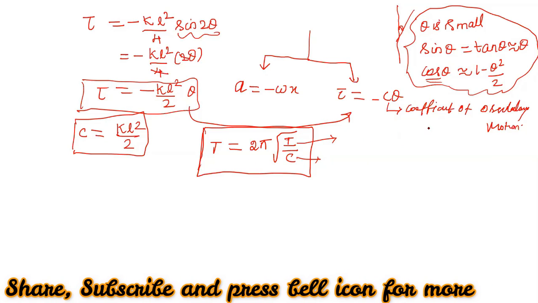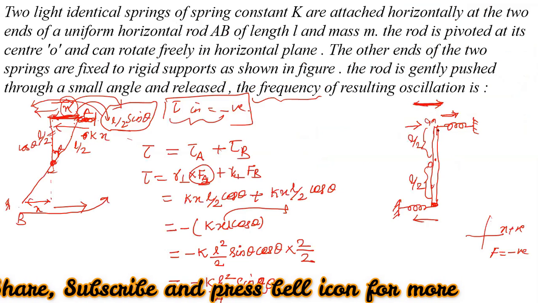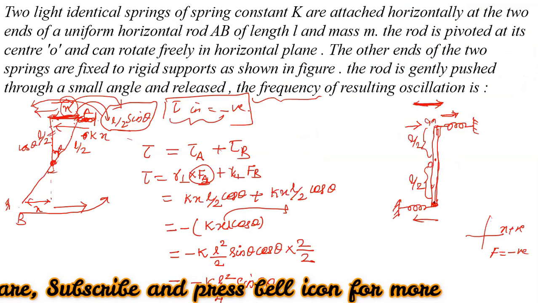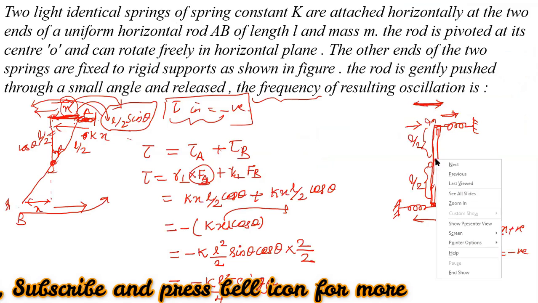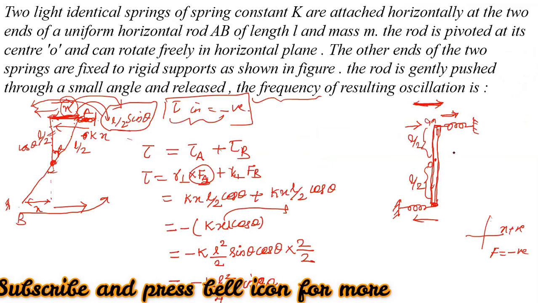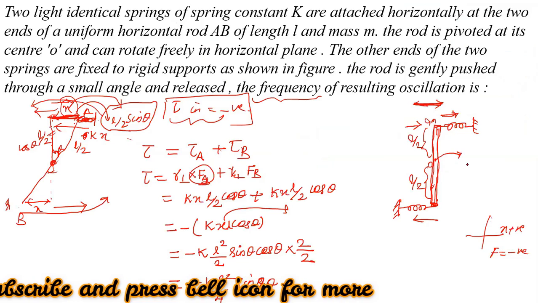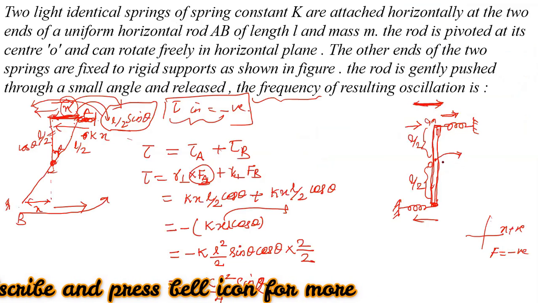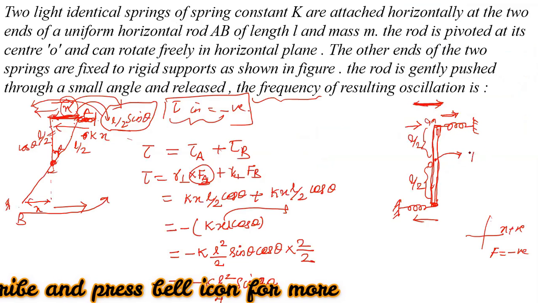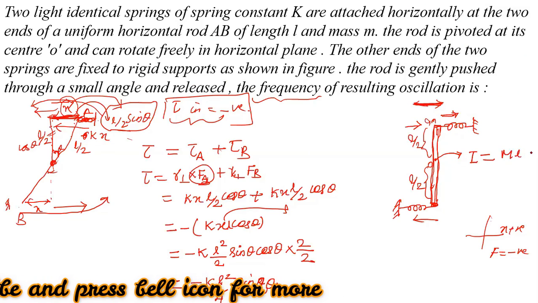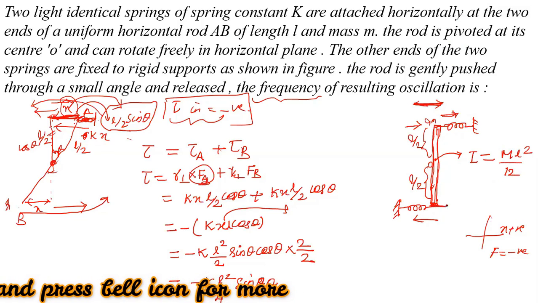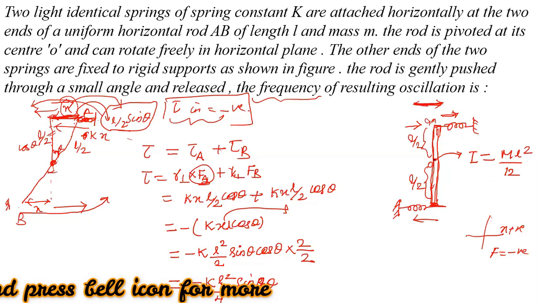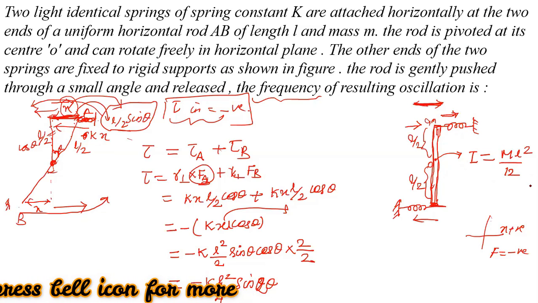If you see, the system we are studying is nothing but a rod, and this rod is rotating about the center axis, right? We know the moment of inertia about the center, with the axis of rotation perpendicular through the center: I equal to ml square by 12, right? If it is at the edge, then it is ml square by 3. Now it is exactly at the center, so it is ml square by 12.